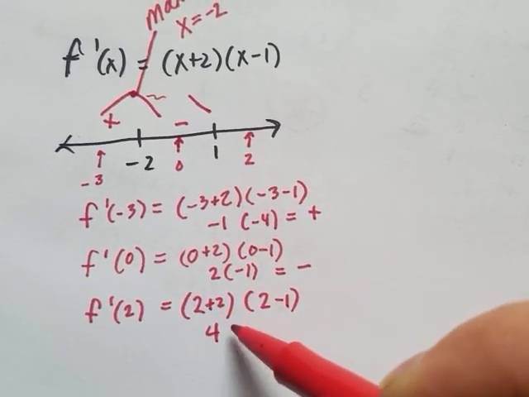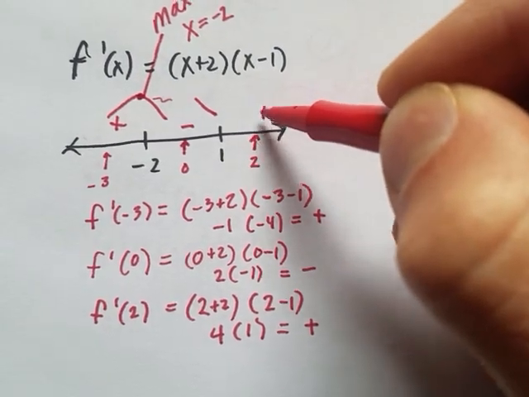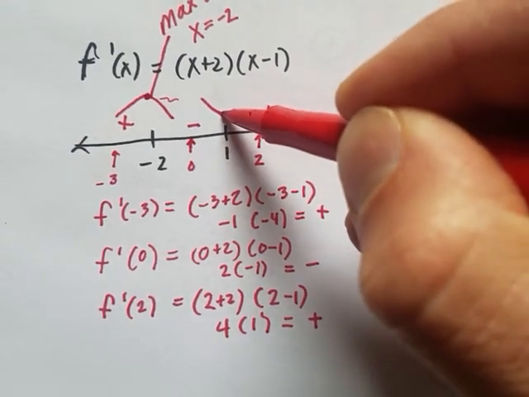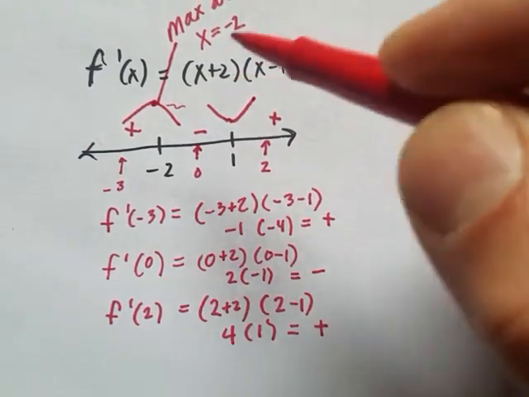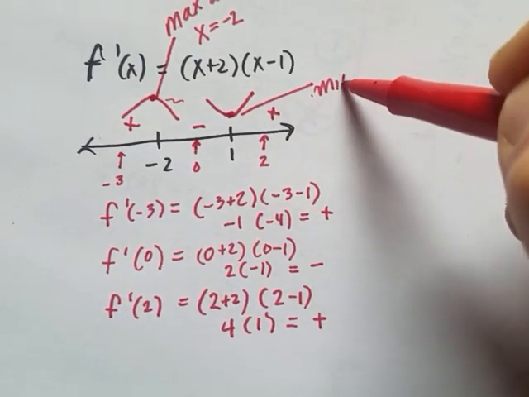And we get something like 4 times 1, which is +4, or just a positive. Anything in this area would give us a positive slope. So that means our graph would be increasing. It's going to flatten out and come back up. So it looks like at the bottom of that, we're going to get a min